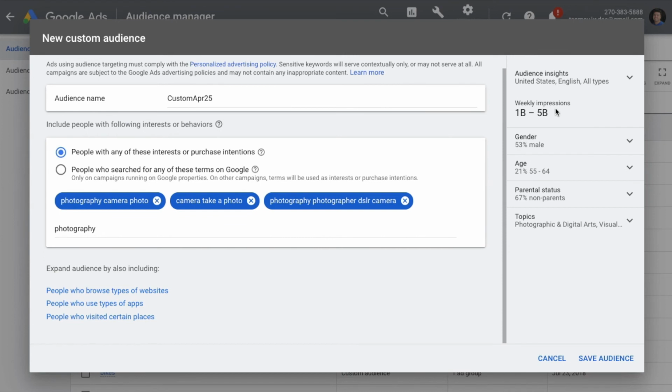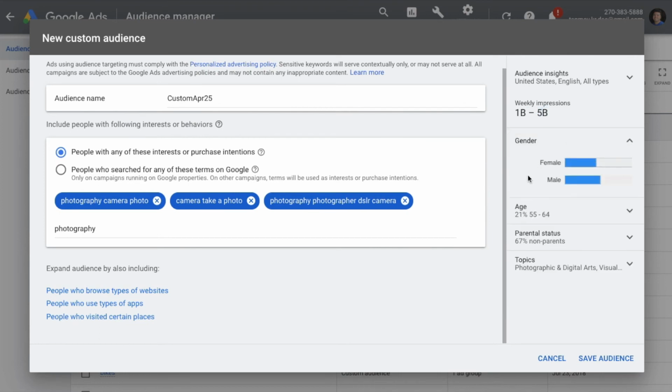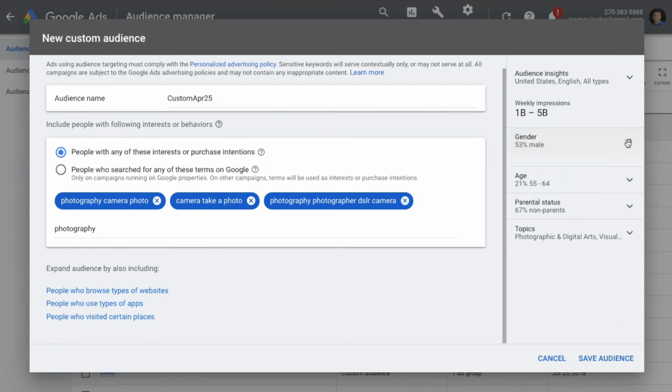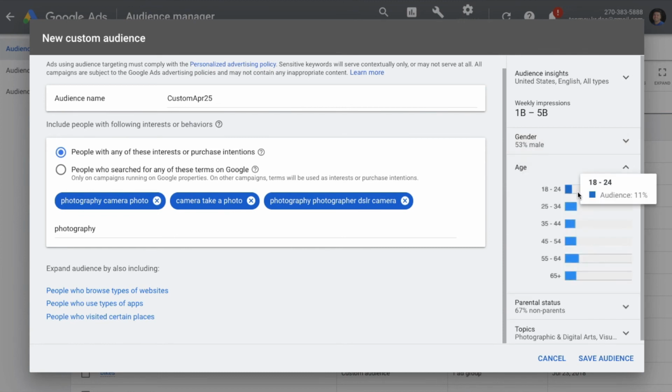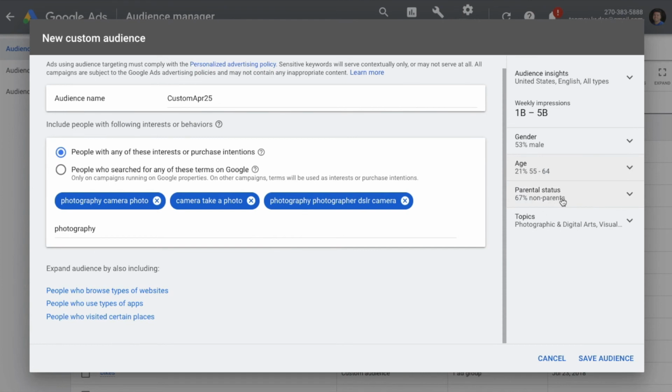It gives you an idea that on a weekly basis, the number of impressions I can get is 1 billion to 5 billion. The gender bifurcation is given in this particular manner. You can also see the age categories we are falling under for these 3 terms which we have selected, and parental status and topics. And now you can create your audience with this.